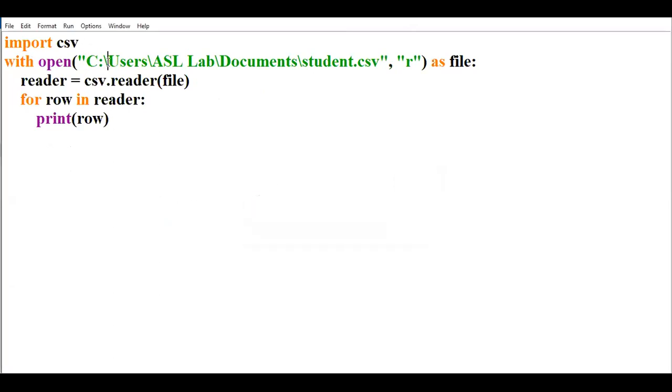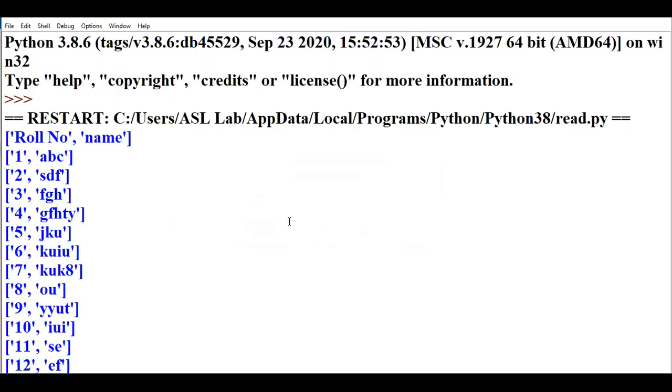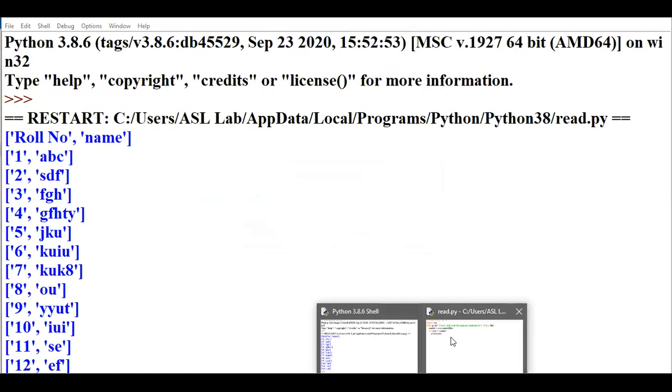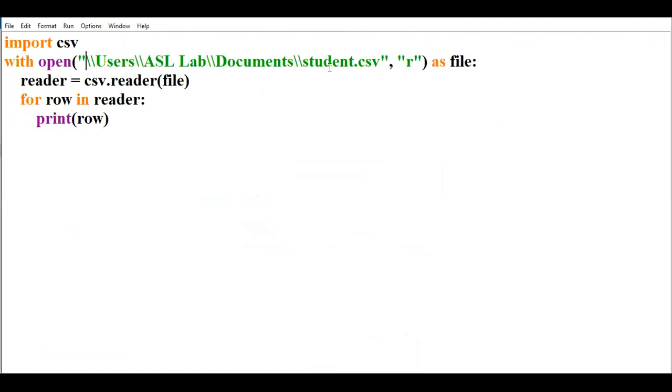Okay, so you have to see the output here. You have to give the path here. Actually, in Google Colab we just give the file name with a forward slash, but here we give the path of the location where your CSV file is present.